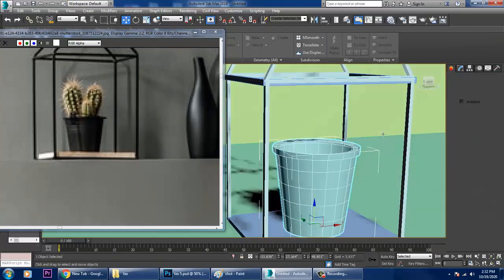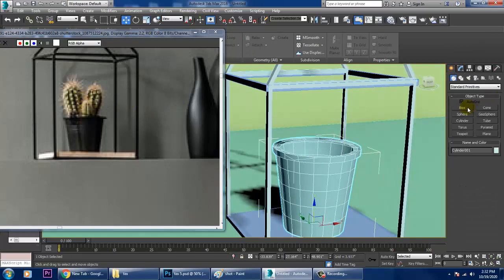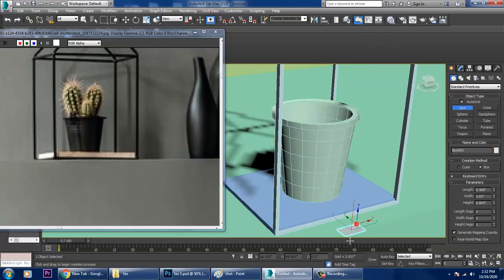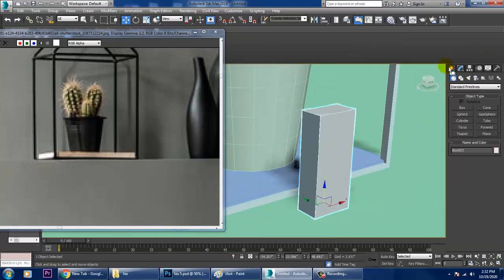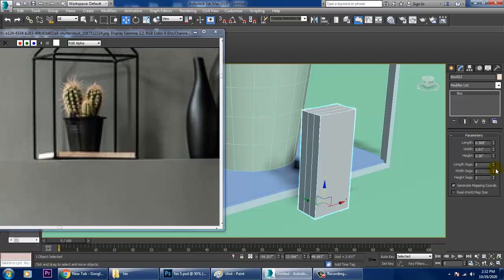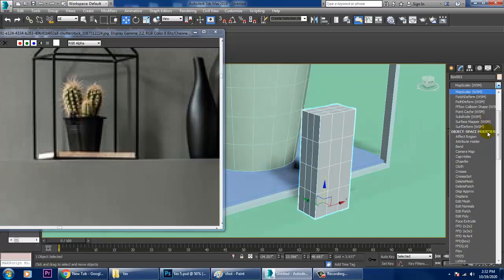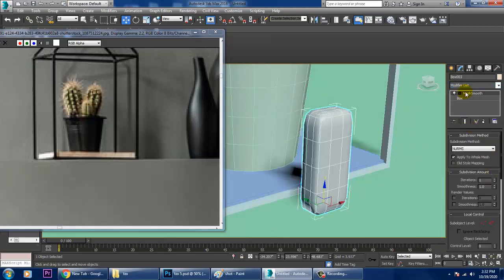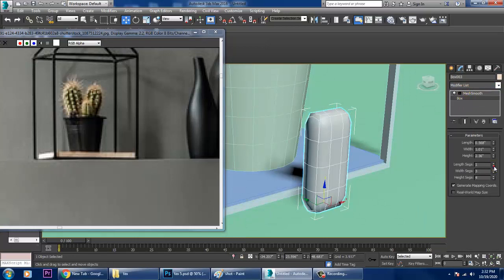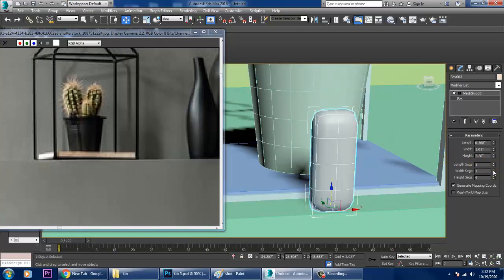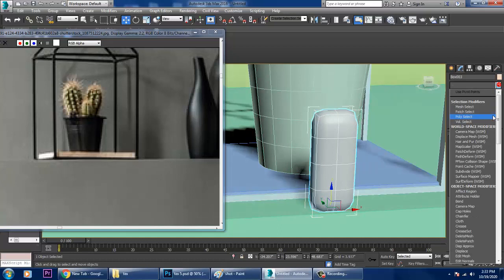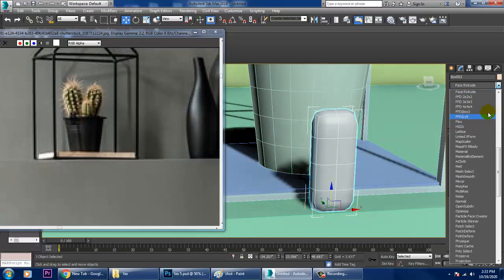Alright, how can you create this stuff? For that, it's very simple. You can just take a box over here. After taking a box, give it 2-3 segments and give a mesh smooth. Before we give mesh smooth, we can reduce this stuff and increase it. Let's go into this and give an FFD box.